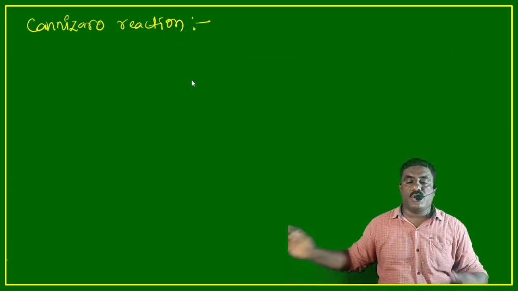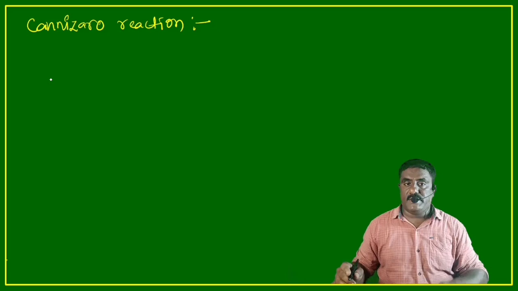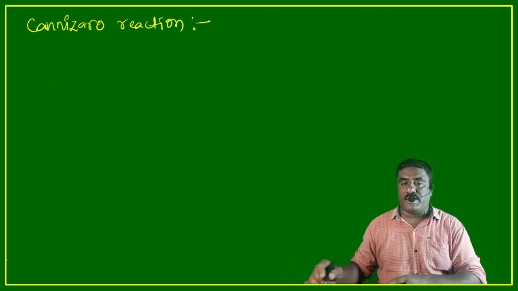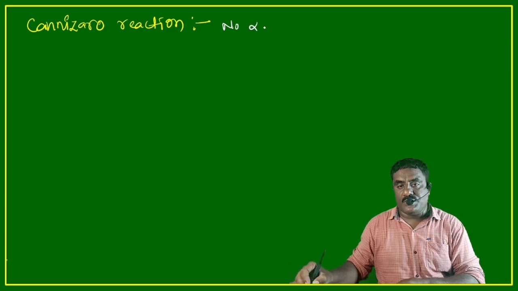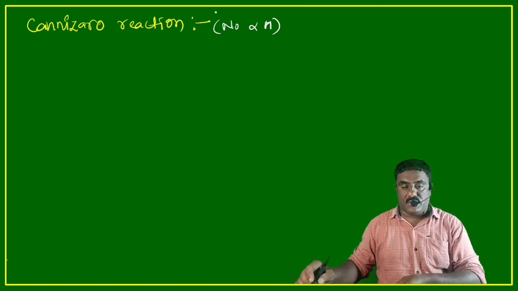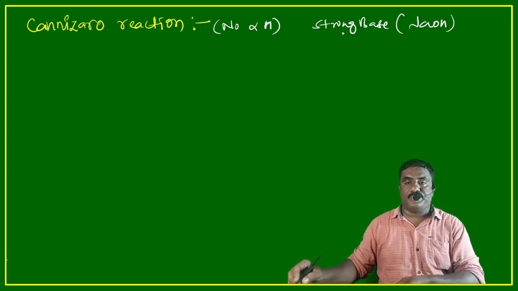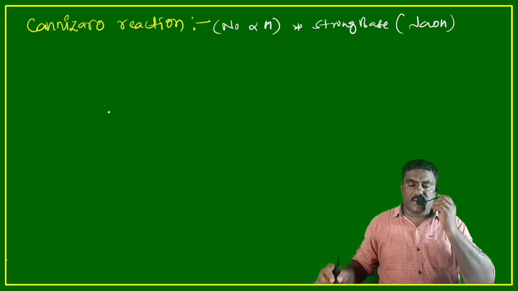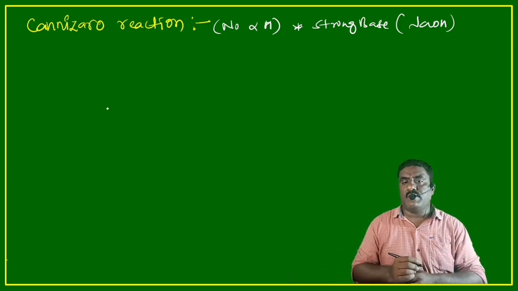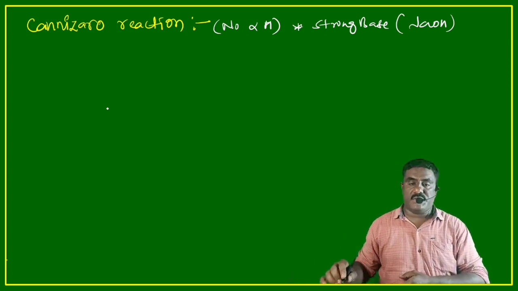Have a look at the Cannizzaro reaction. What is the Cannizzaro reaction? It involves aldehydes which do not have alpha hydrogen, in the presence of what reagent? A strong base, like sodium hydroxide. In the Cannizzaro reaction, aldehydes which have no alpha hydrogen undergo oxidation and reduction in the presence of a strong base to give